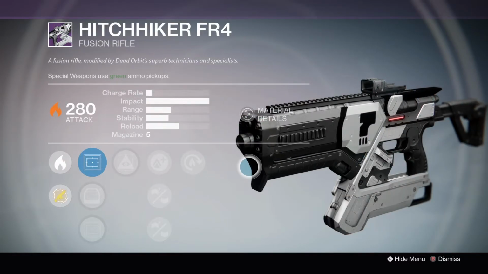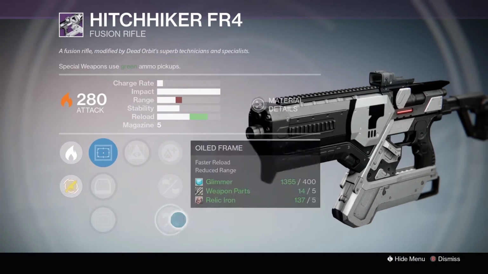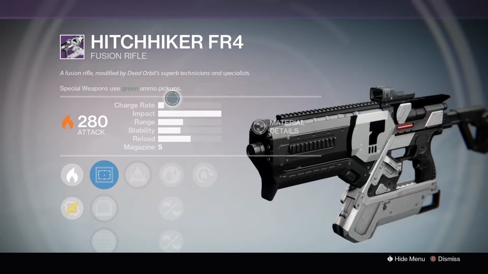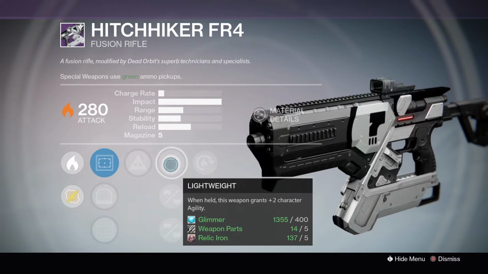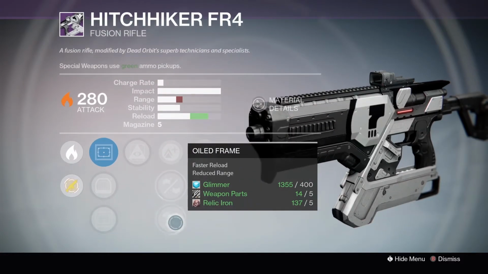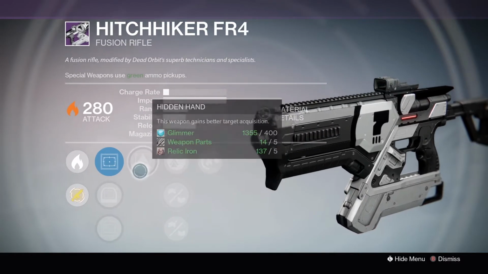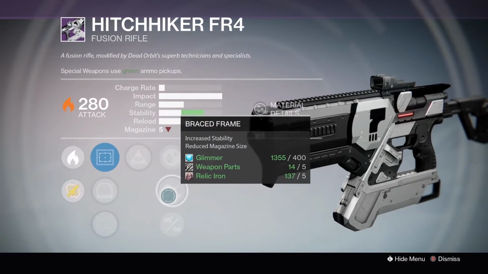Next up we have the Hitchhiker FR4 from Dead Orbit. Now this is also quite interesting. Well, this is the max impact super slow charge rate style of fusion. And here we have hidden hand, lightweight, braced frame, oiled frame, and hot swap. So you're going to be wanting to take the braced frame option here to really boost your stability on top of the base stability boost,